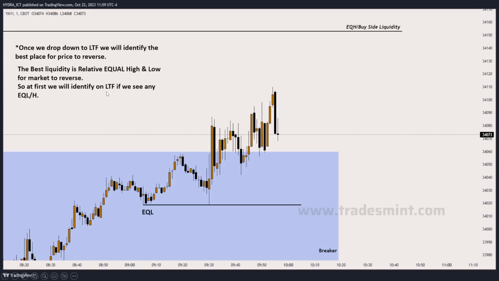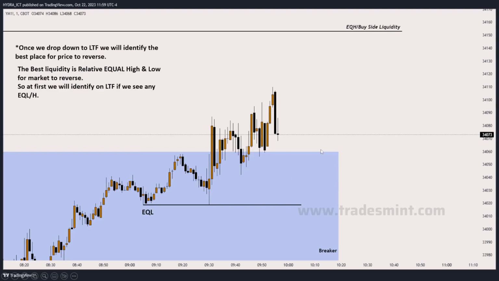So at first we will identify on lower time frame if we see any equal low and equal high. Okay, so how will we spot it? We'll spot it based on the higher time frame order flow. From the higher time frame order flow, we know the price closed the candle's body above